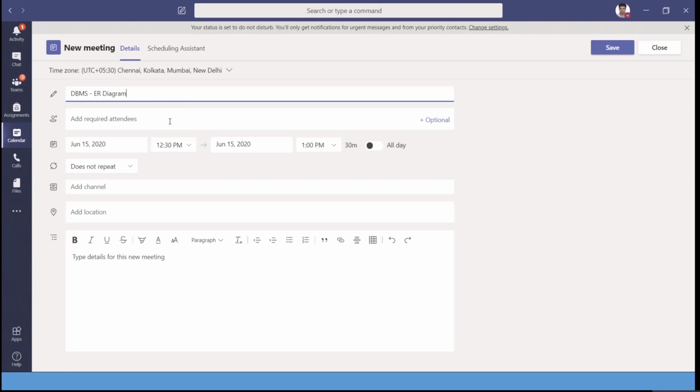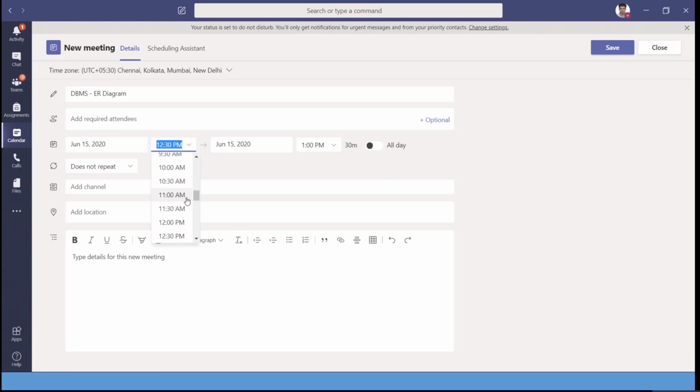Add required attendees is an optional field that can be used. The next field is the time and date. So I wanted to create a lecture on 15th of June, say for example, 3:30 p.m. to 4:30 p.m. So I set the time and date accordingly.